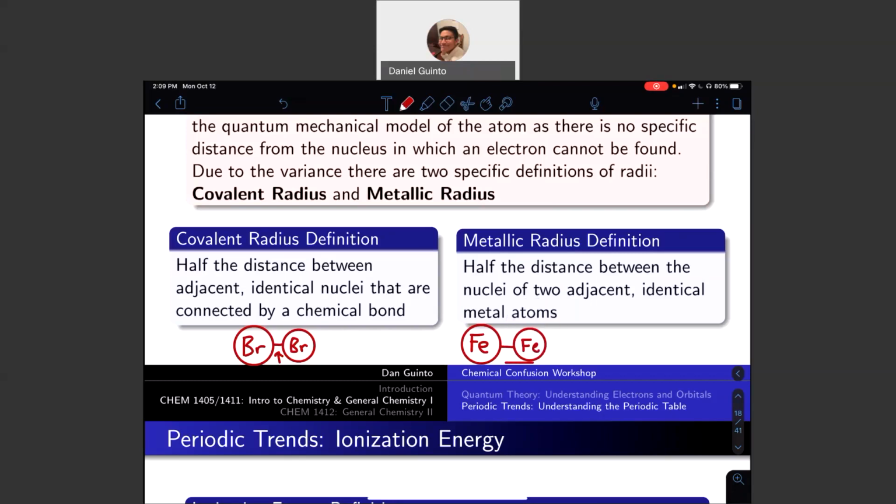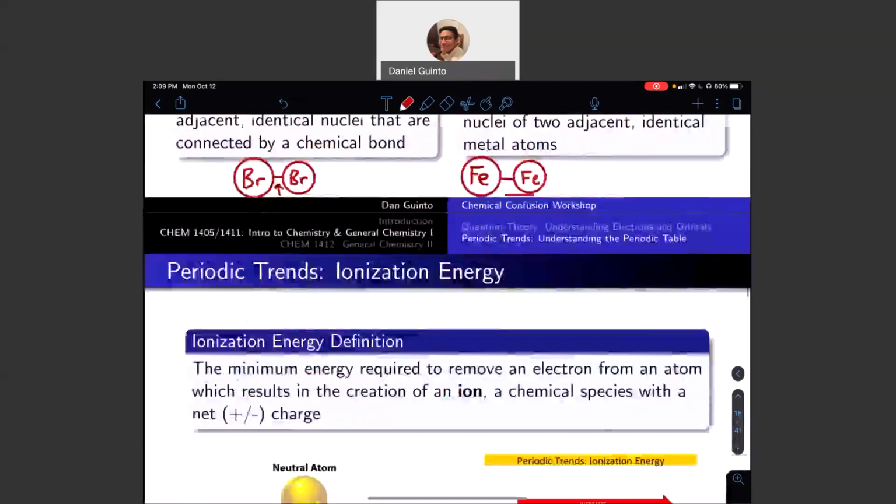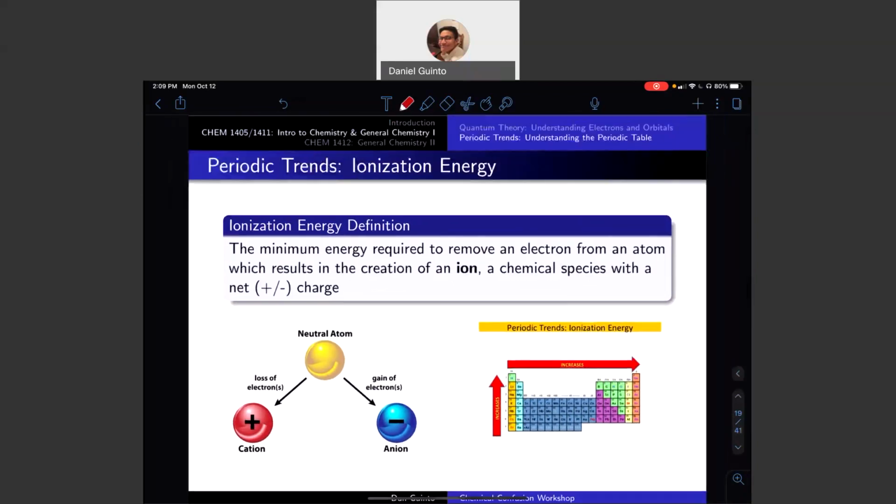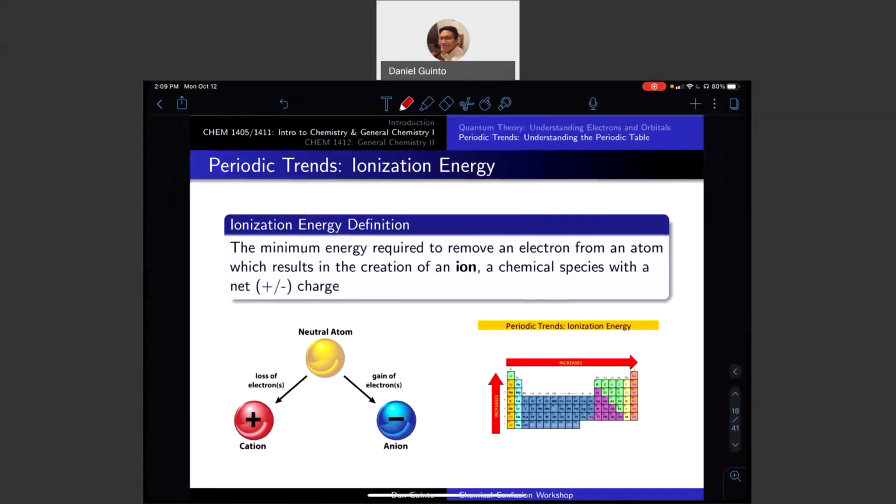So now that we've covered atomic radius, let's go to our next trend, ionization energy. Ionization energy is defined as the minimum energy required to remove an electron from an atom, which results in the creation of an ion, a chemical species with a positive or negative charge, well, realistically a net charge. The most common occurrence you'll see in chemistry, especially in organic chemistry, is something we call